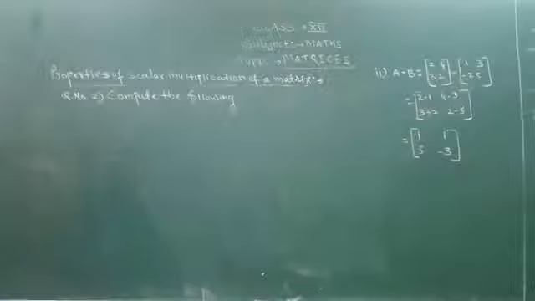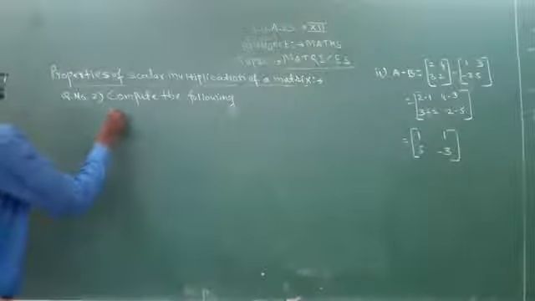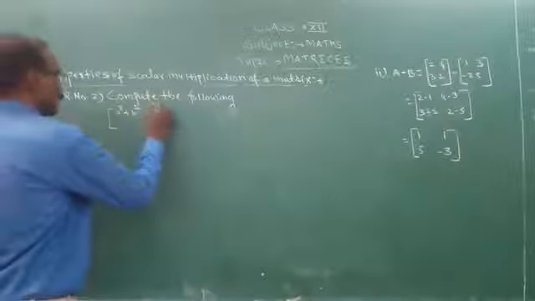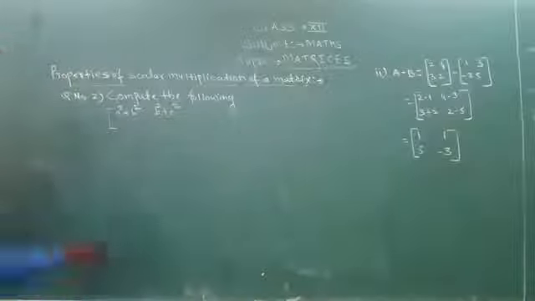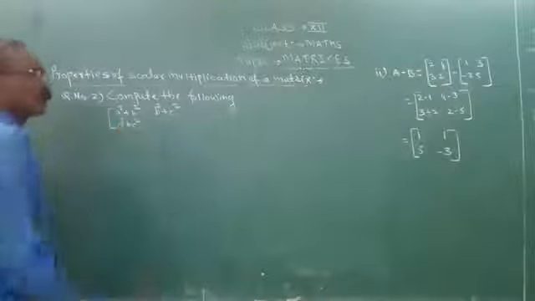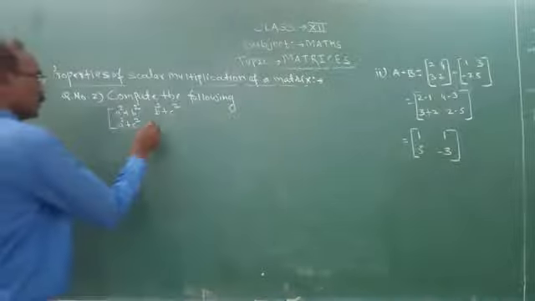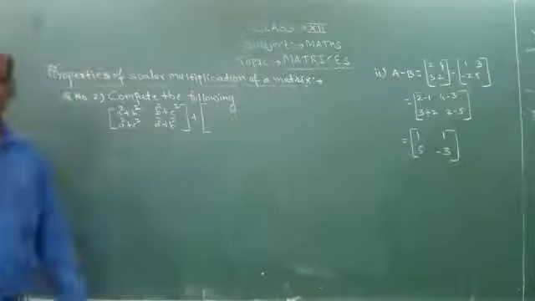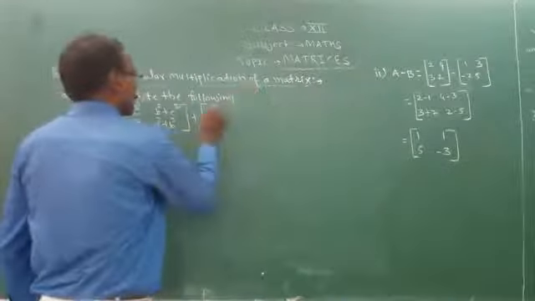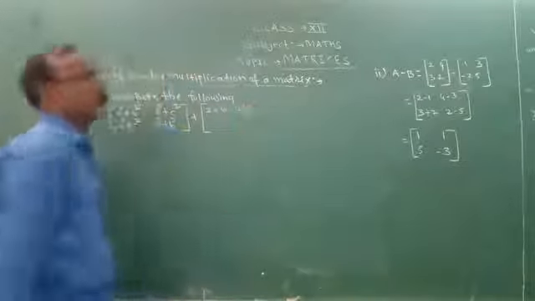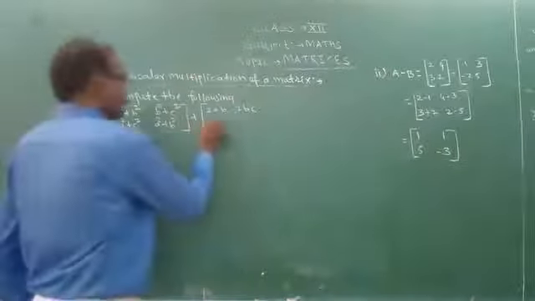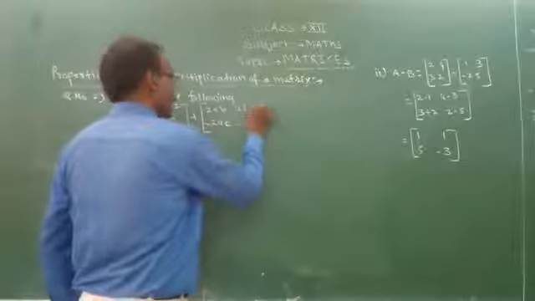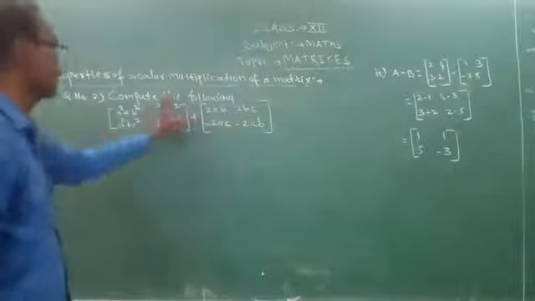In the first bracket it is a square plus b square, then b square plus c square, then a square plus c square. Then you take another a square plus b square. Then plus, in another bracket, 2ab, 2bc, then minus 2ac, and you take minus 2ab. You have to compute this, find the answer, and simplify this.